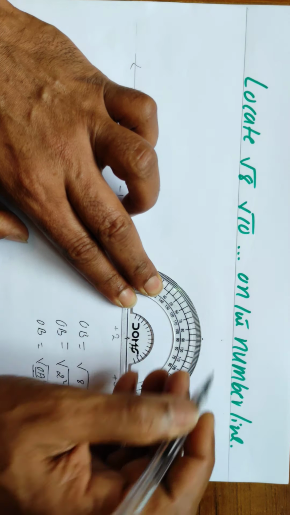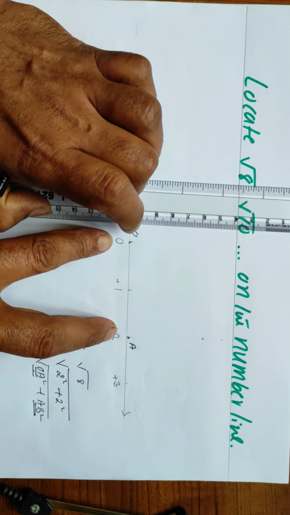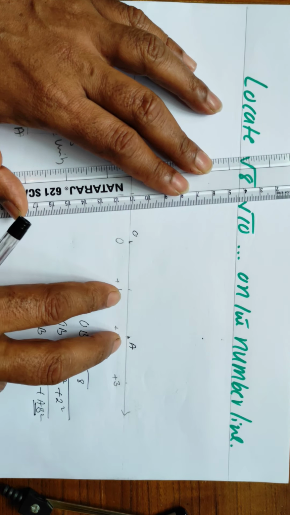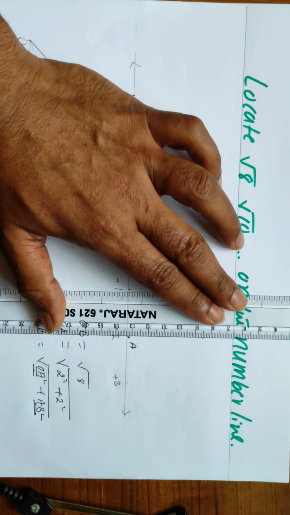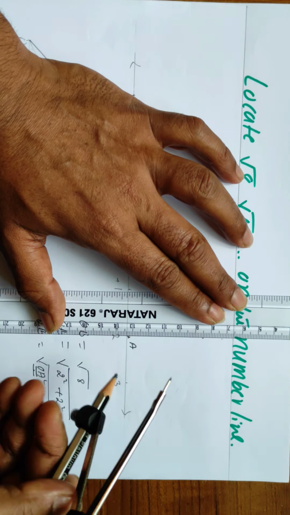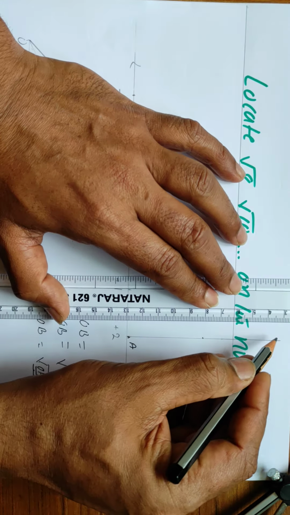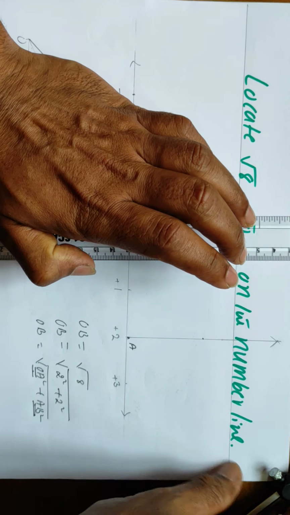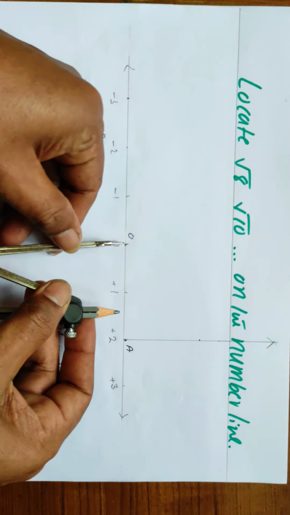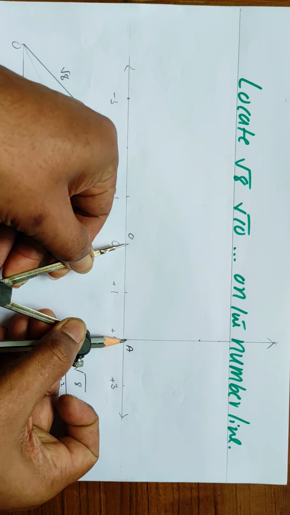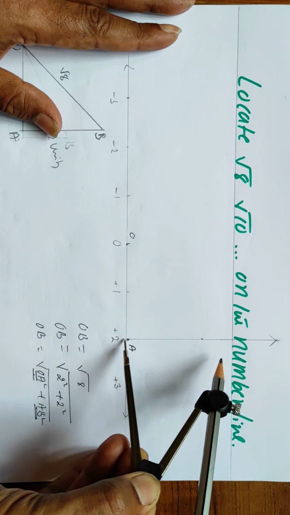So this is a reference point. So 2 units means how much? 6 centimeters, because each unit is 3 centimeters. So you can join and then afterwards you can. So let me join this. First let me draw the perpendicular first. And with the help of compass. So base is 2 units and you need to take height also as 2 units.